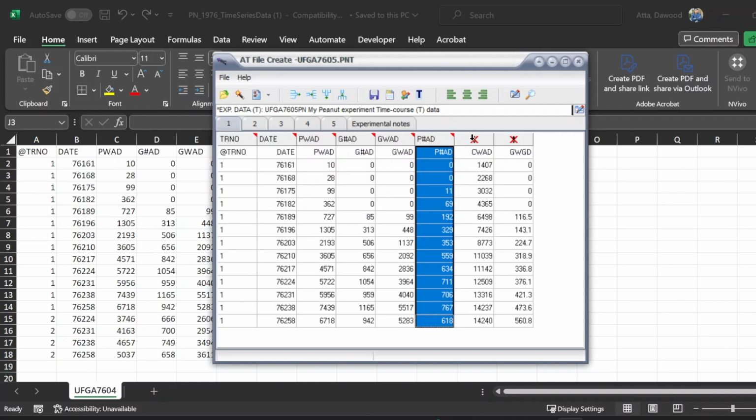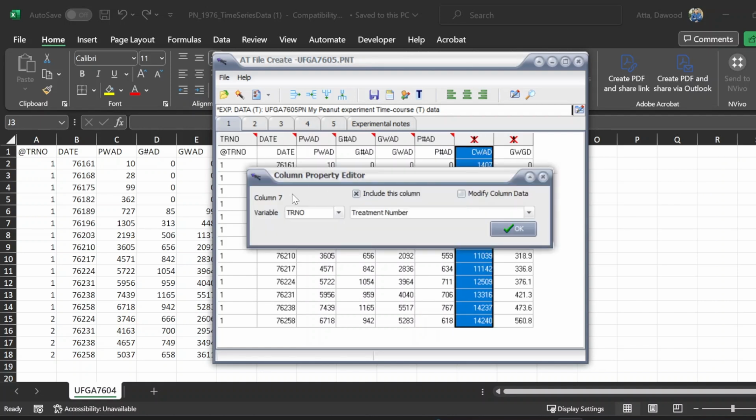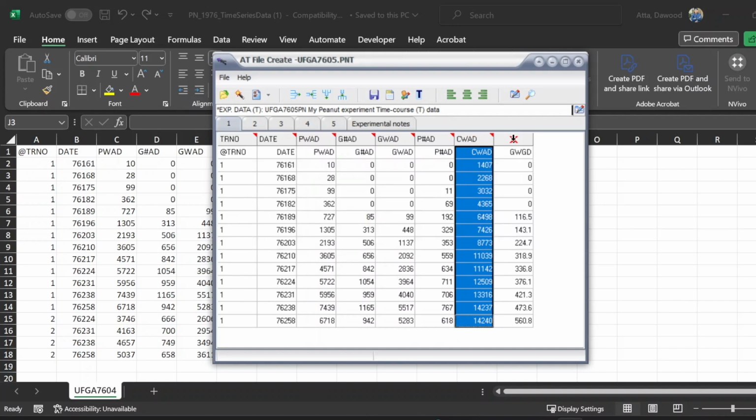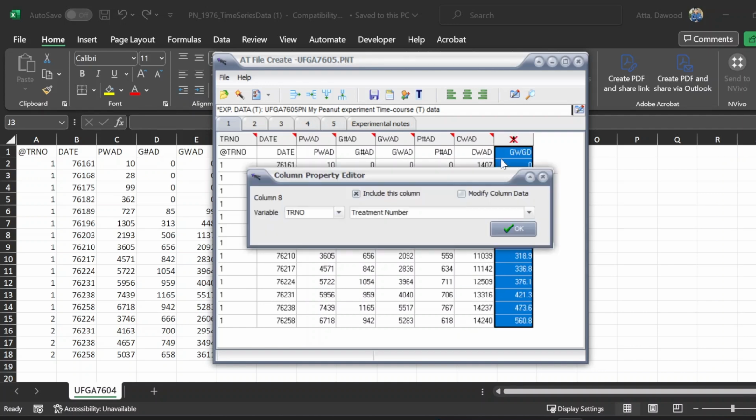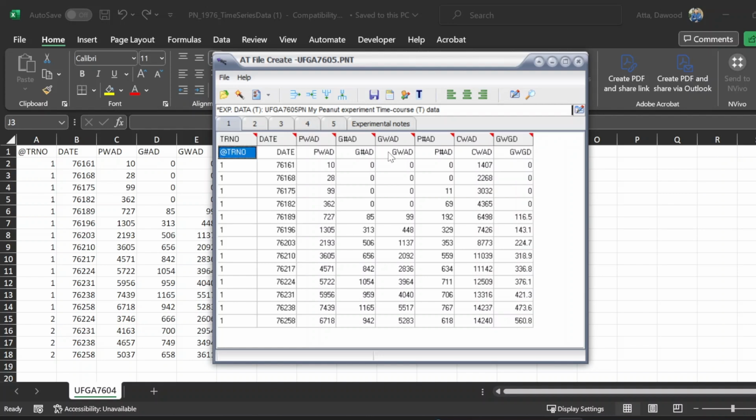Pod number. CWAD. GWGD, unit grain weight. Press OK. Now we have to delete this